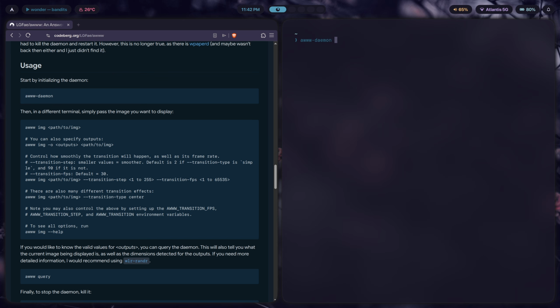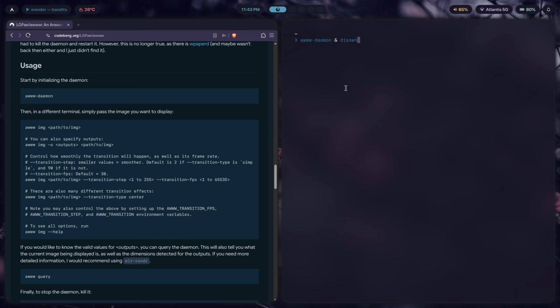daemon, ampersand disown. What this ampersand disown part does is it basically takes this process and detaches it from the terminal so that even if you close the terminal, the app is still running in the background. Now, one really cool and neat thing about using ampersand disown in this way is that you can close the terminal and the app is going to be running, of course,